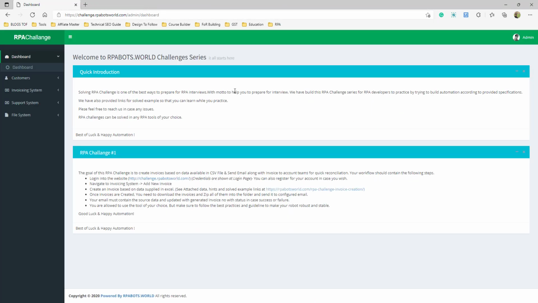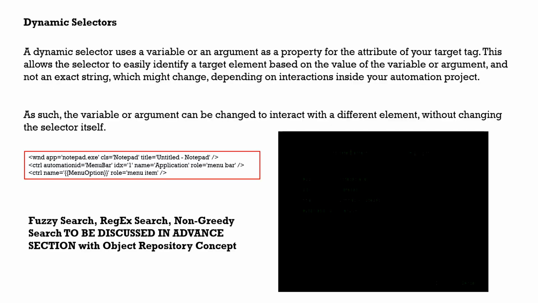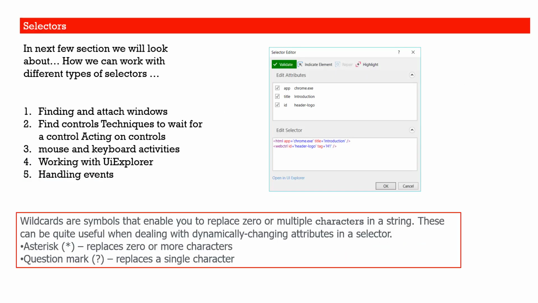So now coming back to the problem, what we are going to do is create a workflow that will log in to this website. And there I'll help you explain some of the concepts of dynamic selectors and the concept of wait element, exist element, and all those kinds of stuff, right? So let's quickly look at the theory part first, and then we'll go to